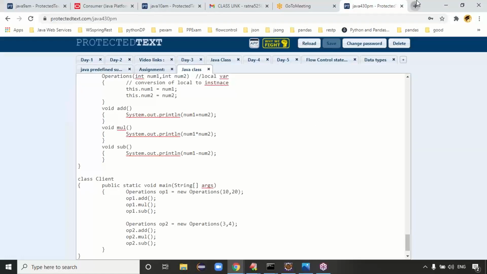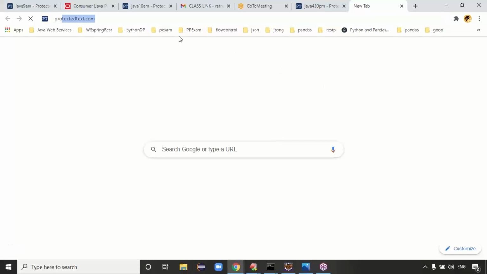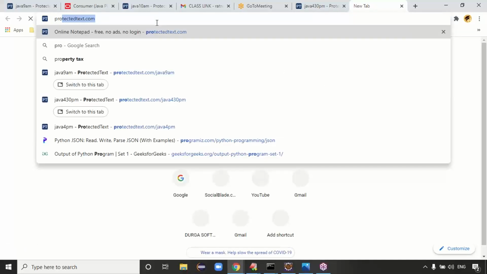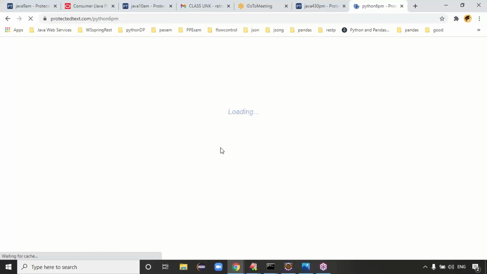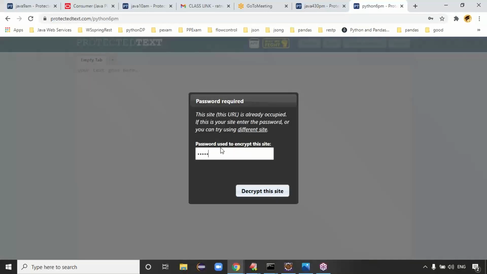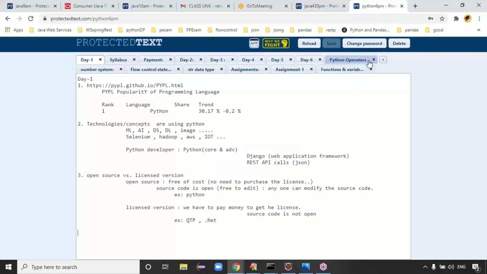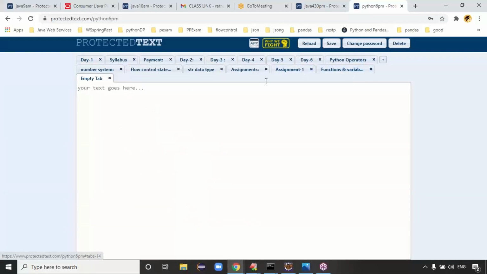You can take the class from the link, Python 6 p.m. The password is Python. You can check the variables and functions. Yesterday's class is updated, and the string data type is updated.